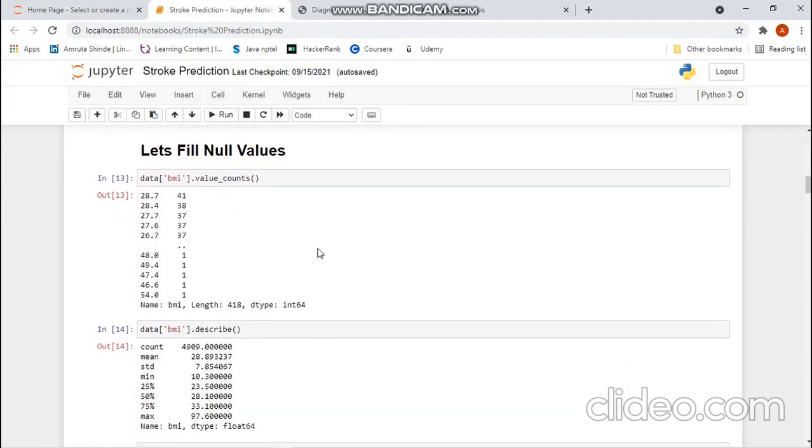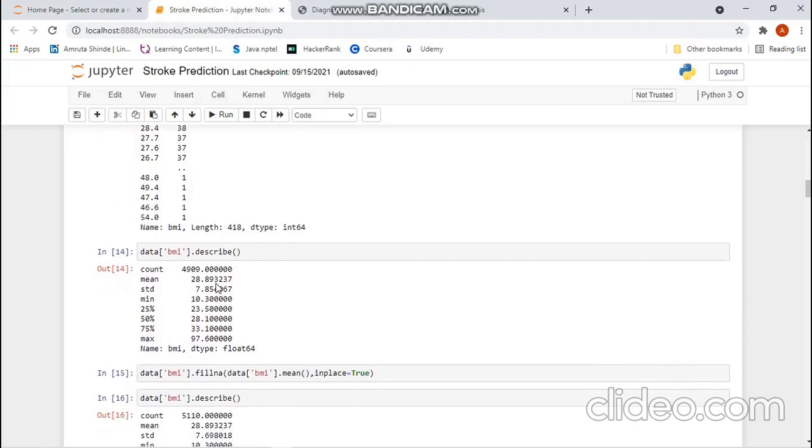So here I've used value counts. So this shows that 41 people have 28.7 body mass index, 38 have 28.4, and so on. So here it is showing the statistics of the data, that is of body mass index. So I will fill the null values with mean.